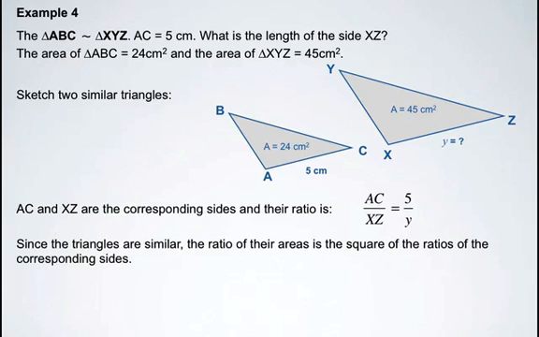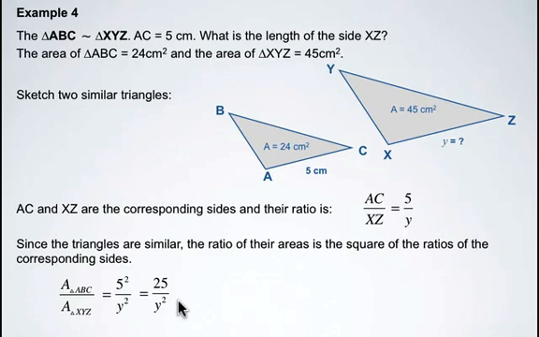Since these triangles are similar, we know that the ratio of their areas is equal to the square of the ratio of their corresponding sides. So we'll set up this ratio. The ratio of the area of triangle ABC to triangle XYZ, we know is going to be the square of the ratio of the corresponding sides. Now we know that the ratio of the corresponding sides from up above is 5 over y. So we need to square those values, 5 squared and y squared, which we can simplify to be 25 over